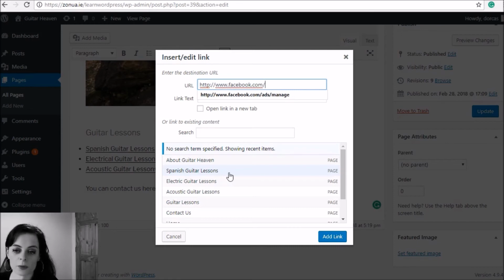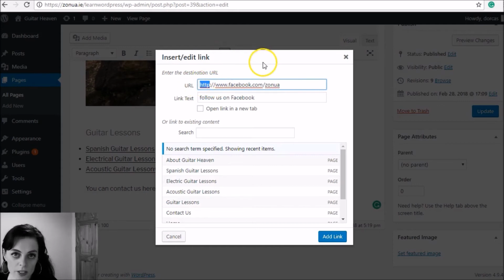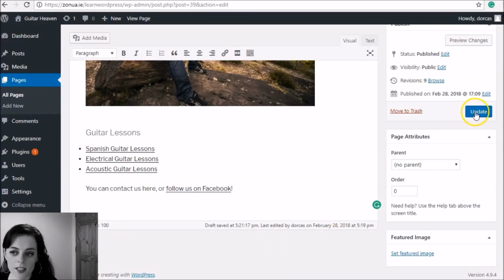So let's say, for example, I'm going to link to this Facebook page. You can either copy the link from the address bar of your Facebook page and paste it in. If you type it out, it's really important you remember this HTTP part. Otherwise, it just won't work. And because I'm linking to an external website, I'm going to click this button here, open link in new tab. And now if I click add link and then update